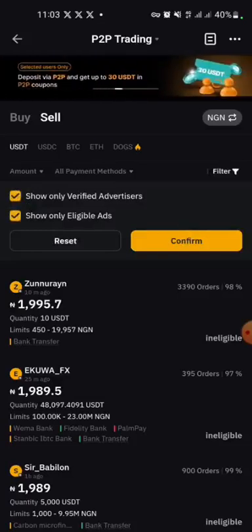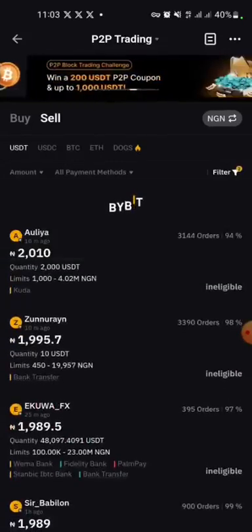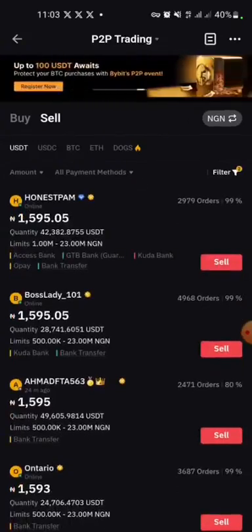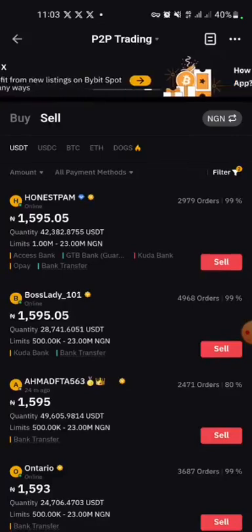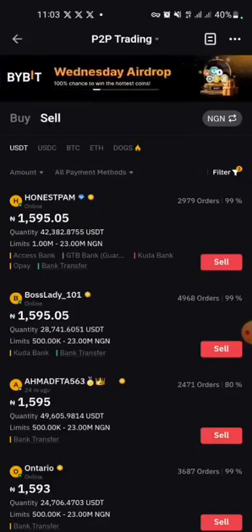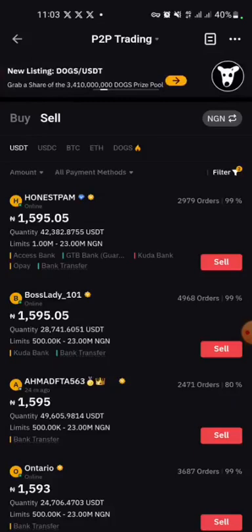Then you confirm. Once you confirm it, it's going to update the list and give you the ones you can trade with. You see, these ones are eligible. So look at the things I check first. Look at this, the criteria I check before choosing someone, right? I look at the number of orders the person has done. Now this is to